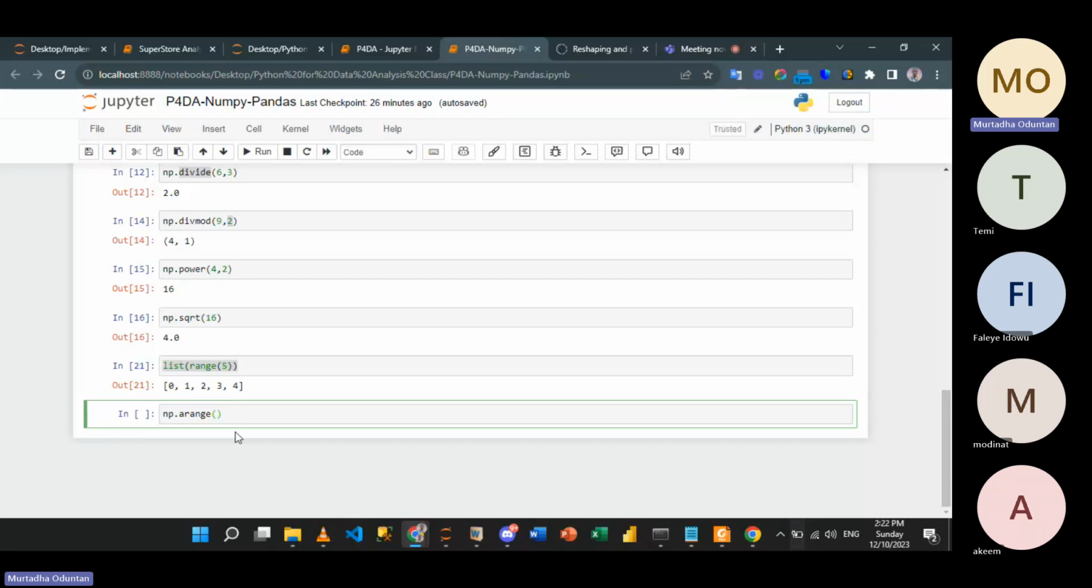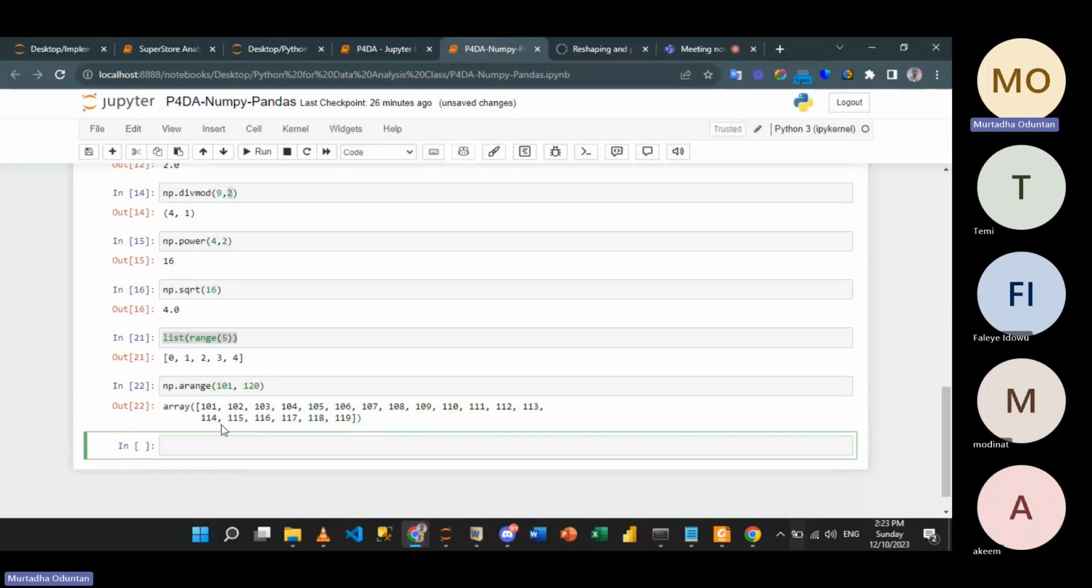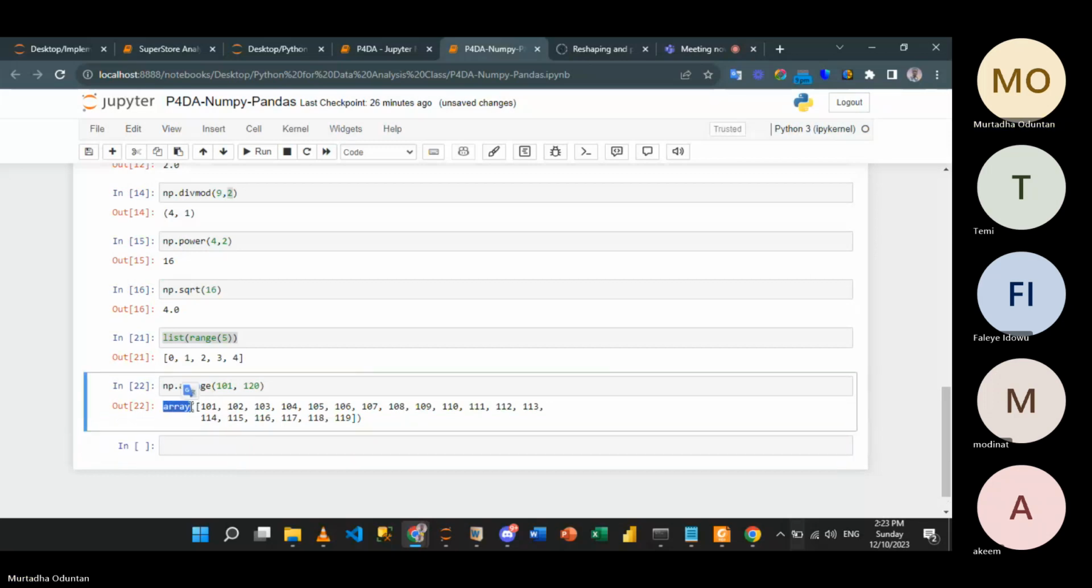Now, we want to start from, let's say, 101. So we want to create a list of numbers starting from 101. And where should it stop? We want it to stop at 120. So we want to have numbers from 101 to 120. So when I run this now, it gives me an array, which is also like a list,